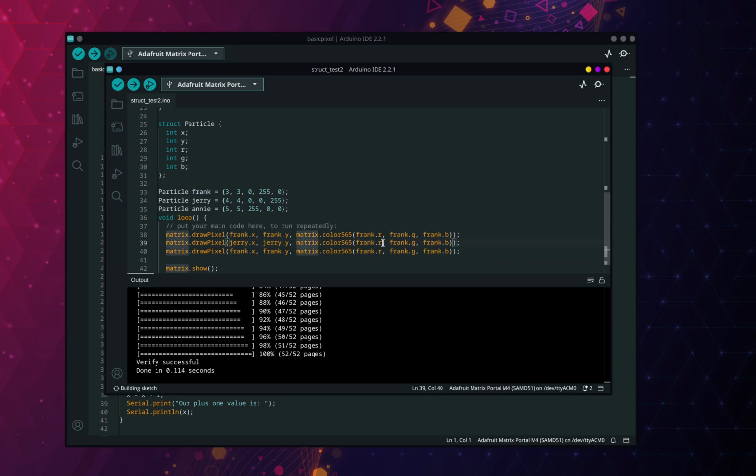And you'll notice these all have the same properties, so I'm just changing the name of the object that I'm looking up the properties from. And so this is going to draw my 3 pixels,